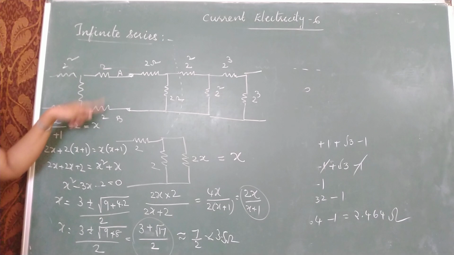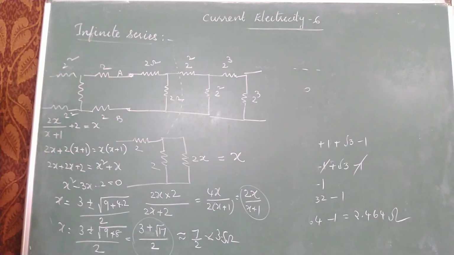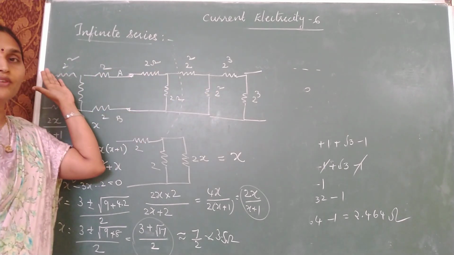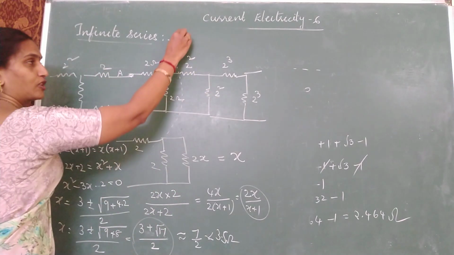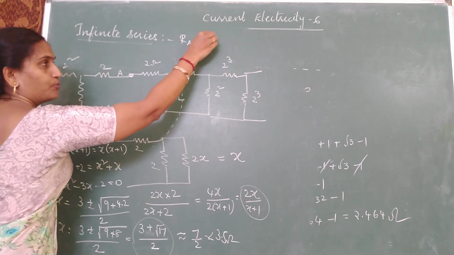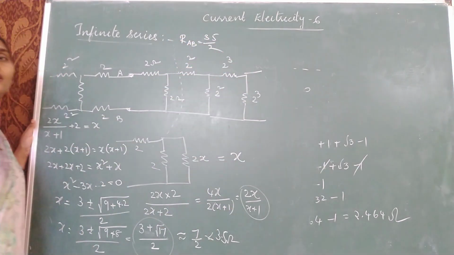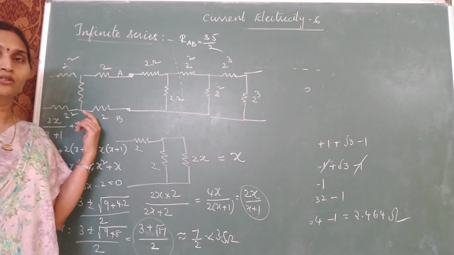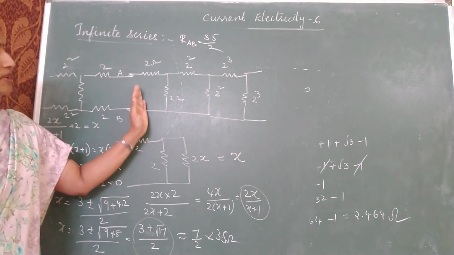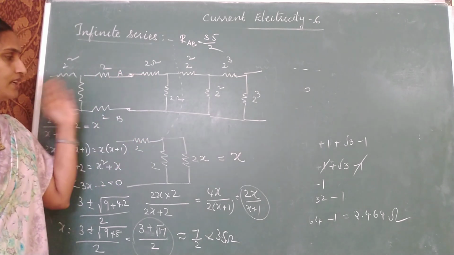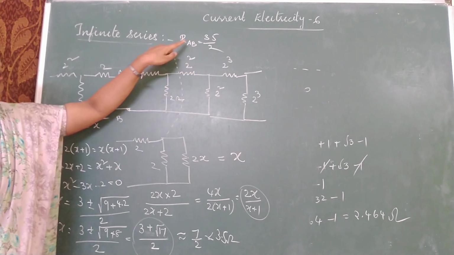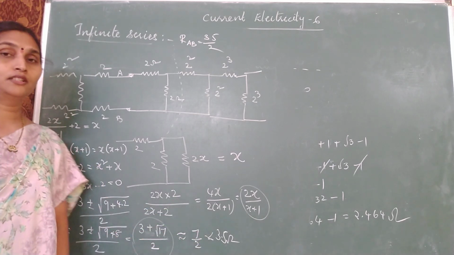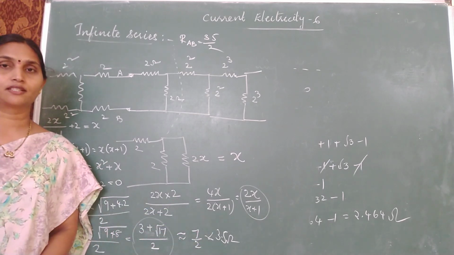Even for this half, see, is it the same branch in the left direction? You will get 3.5. 3.5, 3.5 in parallel combination. What will be the answer? 3.5 divided by 2 ohms. So don't panic if both sides are tending to infinity. You will get the same answer. Take for one half. The second half and first half are in parallel combination. So your answer will be half of your previous answer. So this is another model related to infinite series.